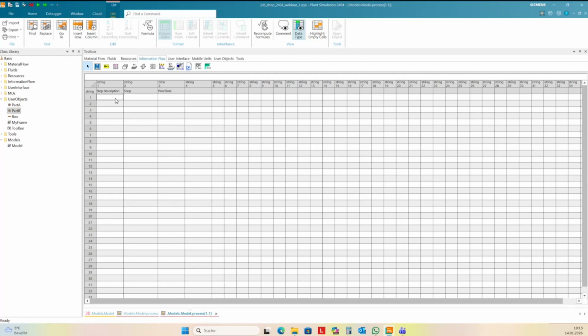For the part E, it's milling, maybe drilling, and as a last step, washing. And the shops should be A, B, and C, and some proc times.